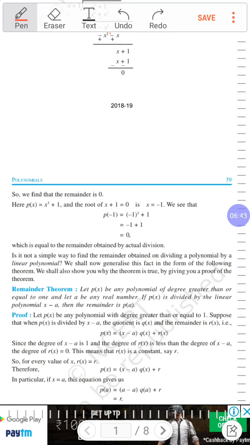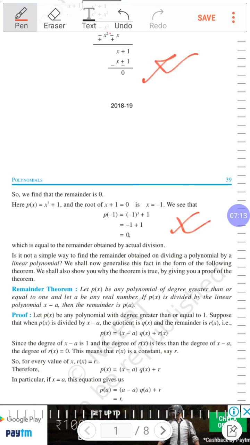Just think, if there are 7 terms, 8 terms in a polynomial and you have to divide it with a linear polynomial or any other polynomial, simply by this method easily we can find it. You can see the place taken by the above one and the below one. It takes even less place, and the calculation is also less there. So this is the simple way to find the remainder.